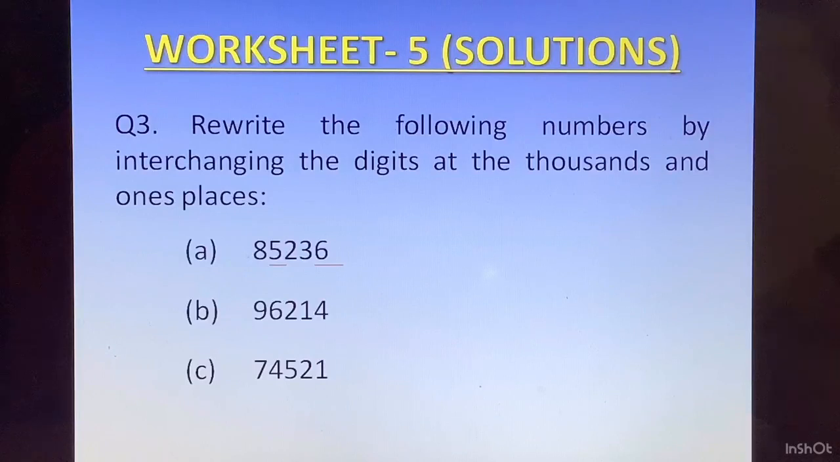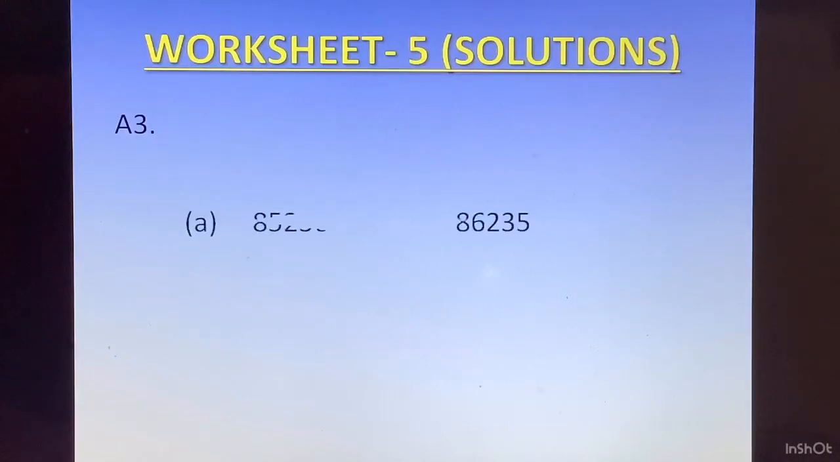Question number 3. Rewrite the following numbers by interchanging the digits at the thousands and ones place. The first one I had underlined the digits for you. Now we have to change the place of 5 and 6. That is, interchange their places. The new number thus formed will be 86235. Now next one,